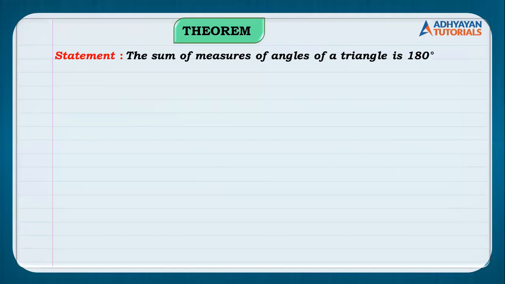The second step is again very important, children, which is figure. Now, to understand what figure is to be drawn, we need to read the statement very carefully. Sum of the measures of angles of a triangle is 180. Tell me, यहाँ पे कौन सा figure draw होना चाहिए, children? Right. We need to draw a triangle. So we draw a triangle. We can name it as ABC, PQR, or whatever you all want, right? So I've named it as triangle ABC.